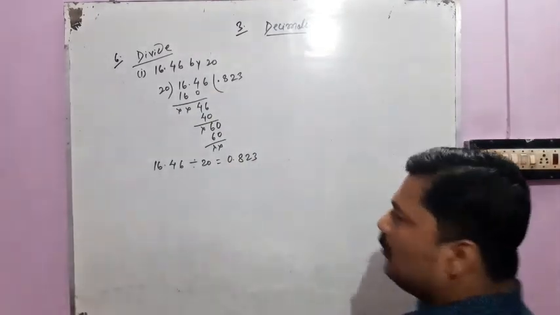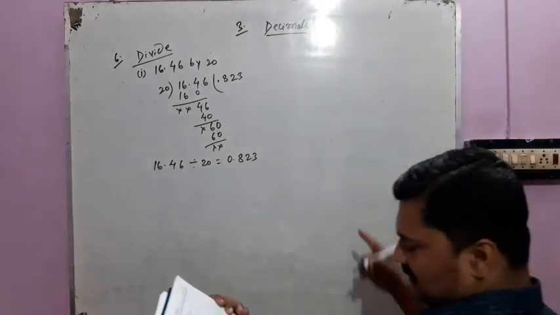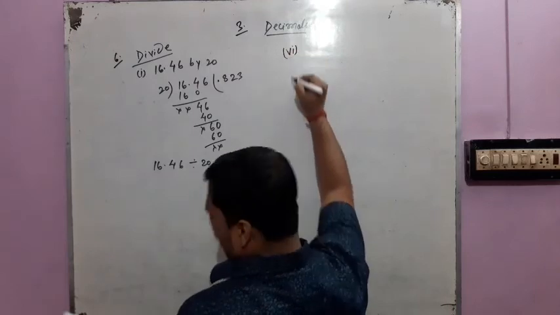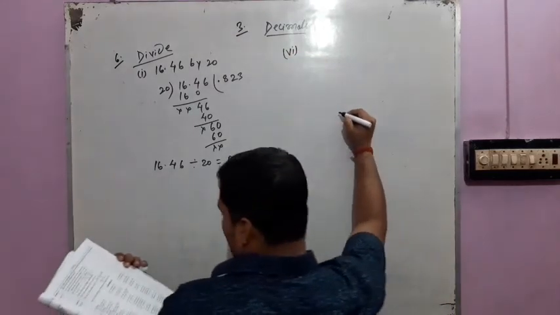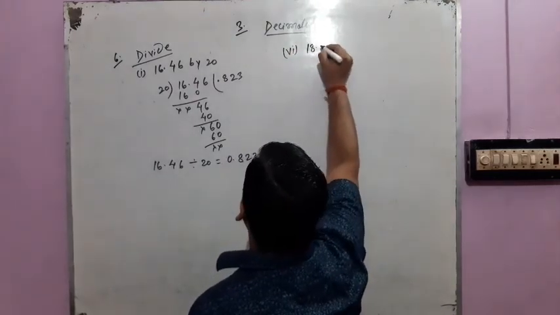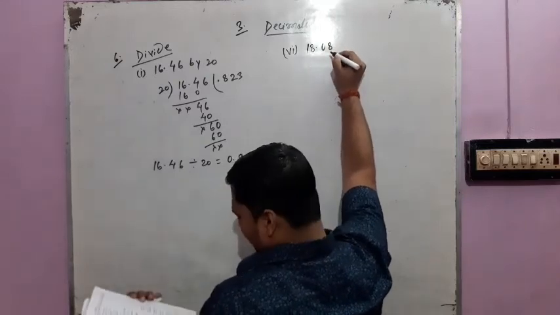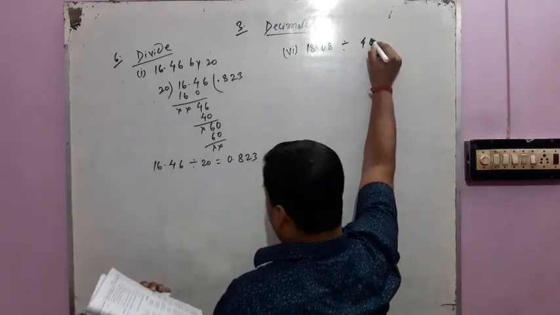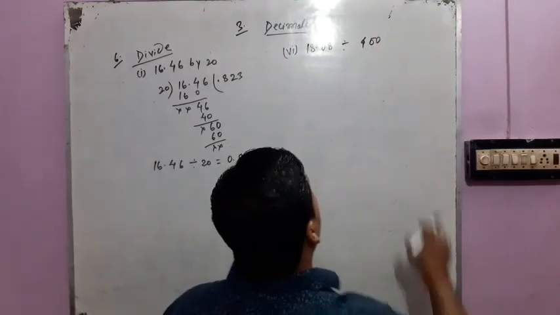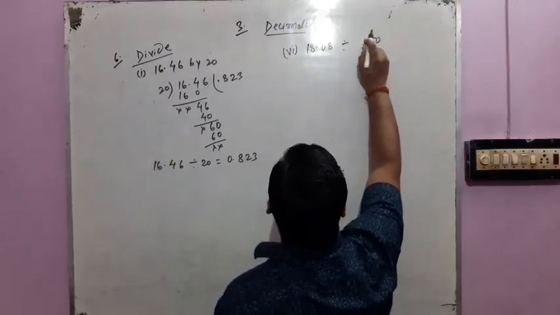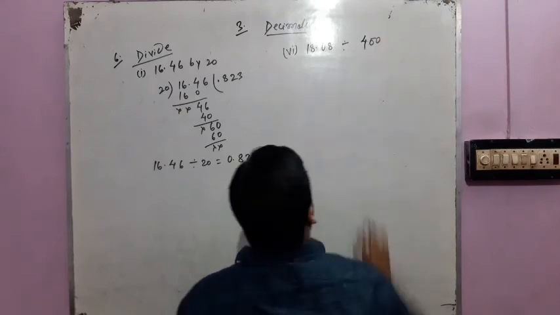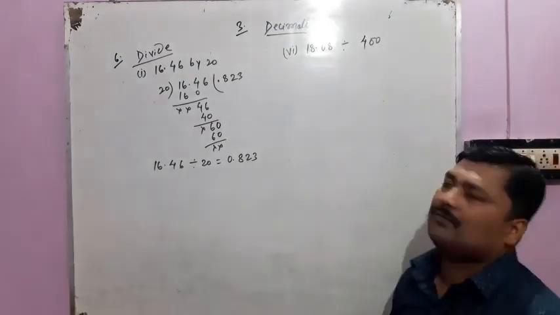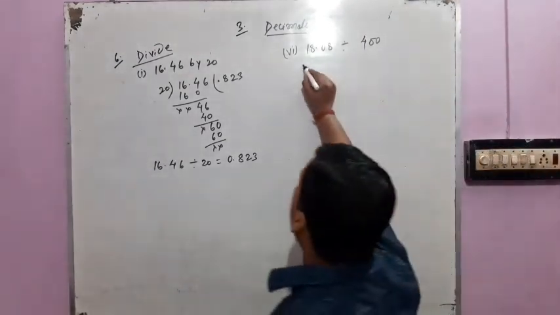Okay. Now look at one more question of the same question number 6. In question number 6, it is given that 18.08 we have to divide by 400. Divided by 400. So 18.08 we have to divide with 400. For that we have to write 400 first